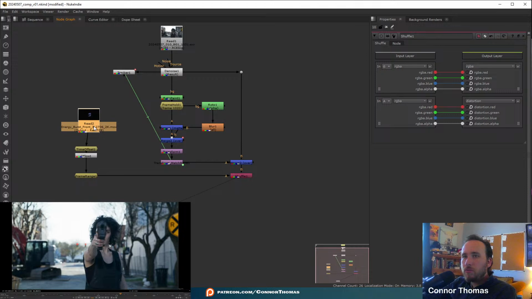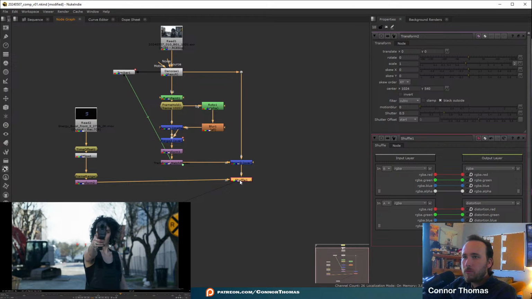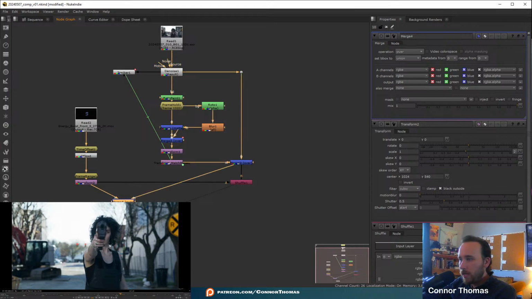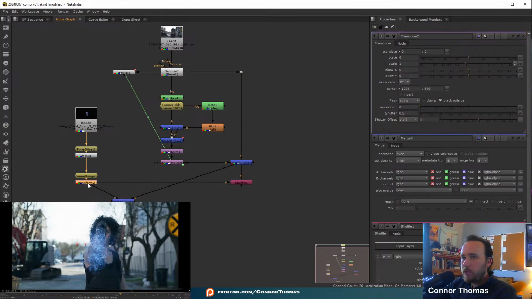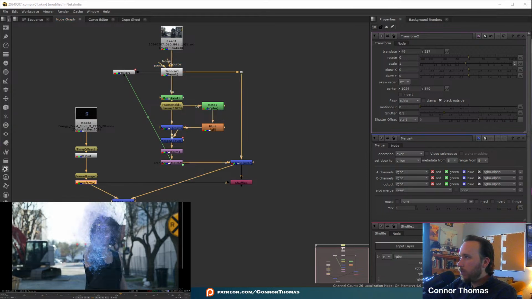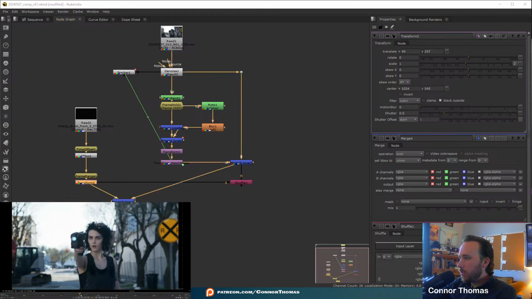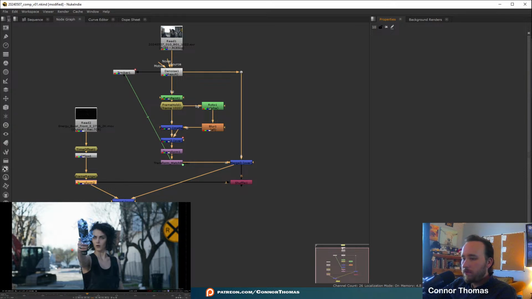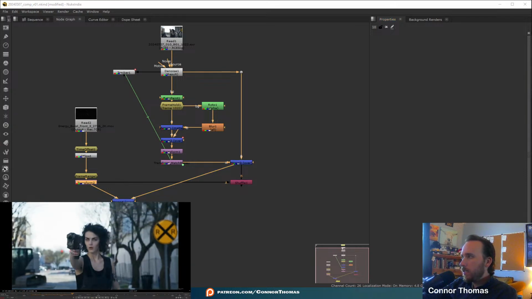So I'm going to, because of that, add in a transform node down here. We're going to want that to be lined up appropriately with where the gun is. So I'm just going to use a merge node to visualize this a little bit better. If we do that, we can grab our transform node here and we can place this where our gun is. So we're going to go to frame 1021 and we'll just place the explosion effect right where we want it. And we might even want this to happen a little bit faster later, but this will give us an idea of